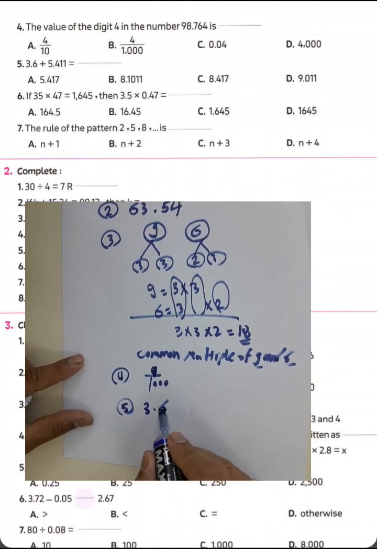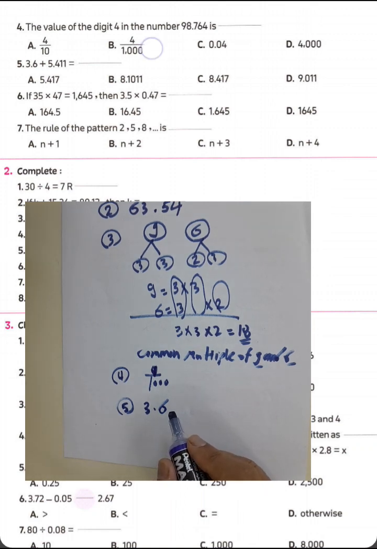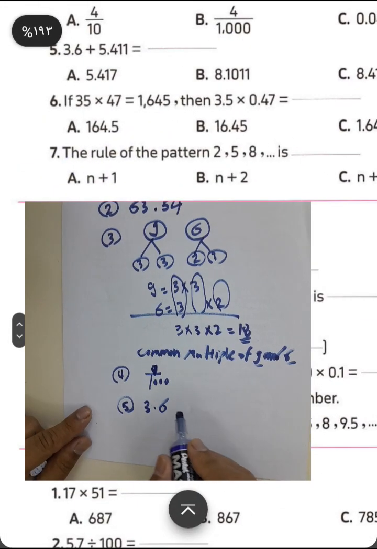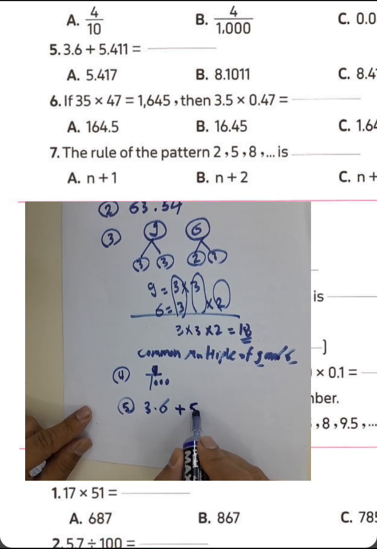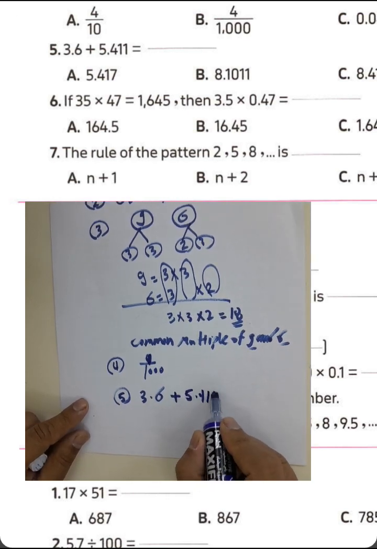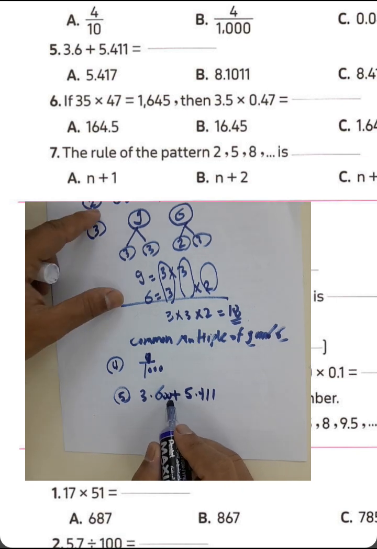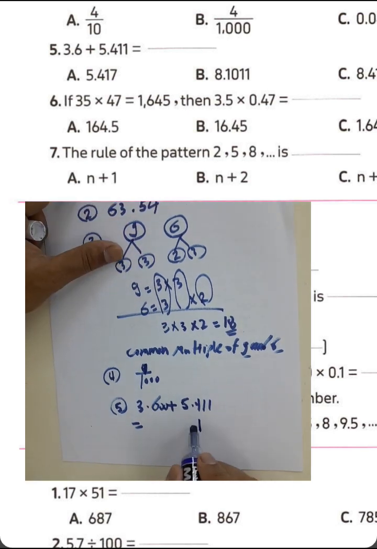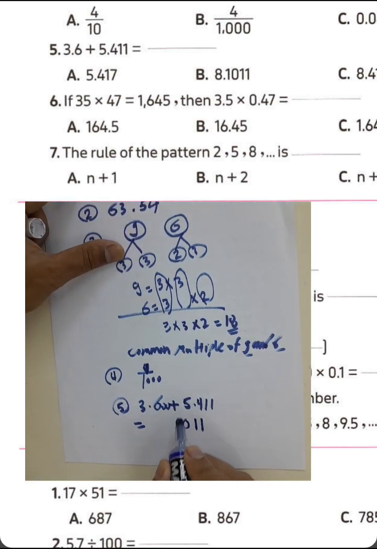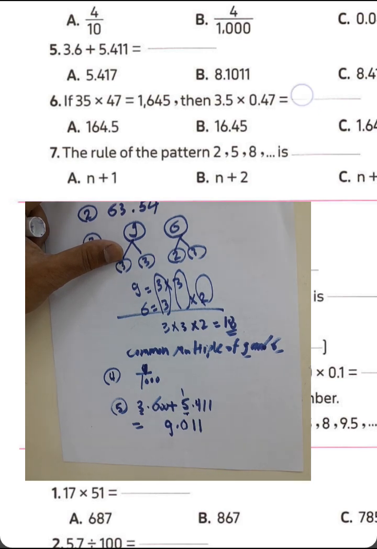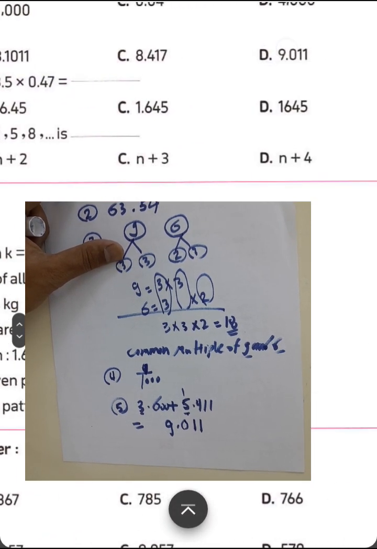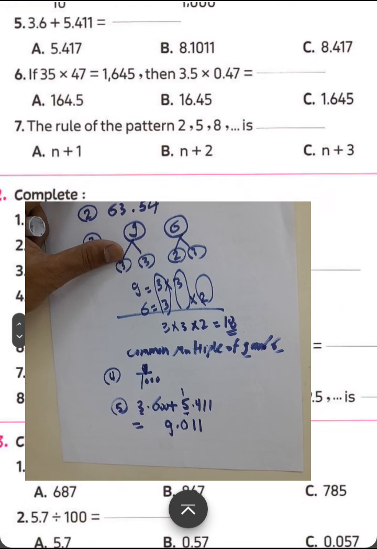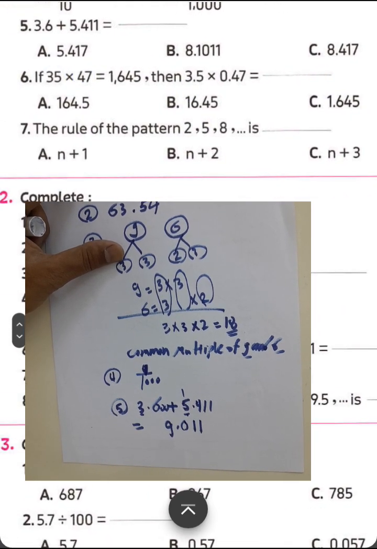3.6 plus 5.4 1. We must equalize the parts. Put a double 0 here to equalize the parts. Then 1 plus 0 equals 1, 4 plus 6 equals 10, write 0 and carry 1, 5 plus 1 is 6, 6 plus 3 equals 9. Okay, the result will be 9.01. Question number 6, if 35 times 47 equals